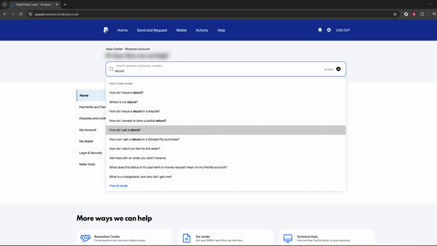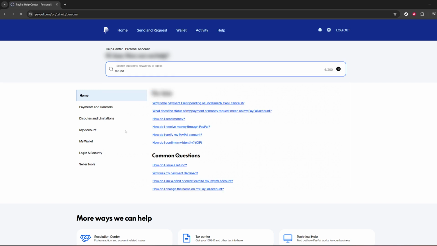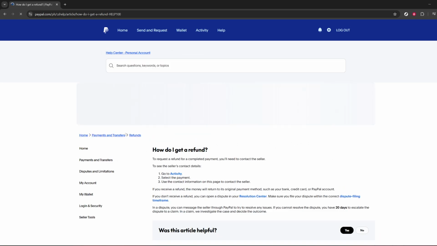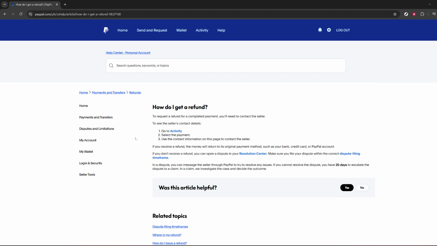From the results, click How do I get a refund? This is the primary article that explains the process. Sometimes you'll see a suggested topic or a short preview first. Select How do I get a refund to navigate to the full guidance. If you're taken to a results page or a topic hub, click How do I get a refund again to